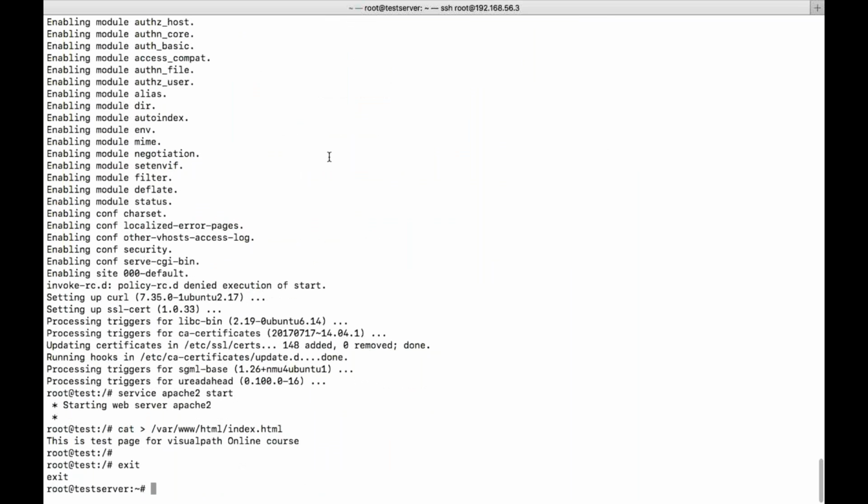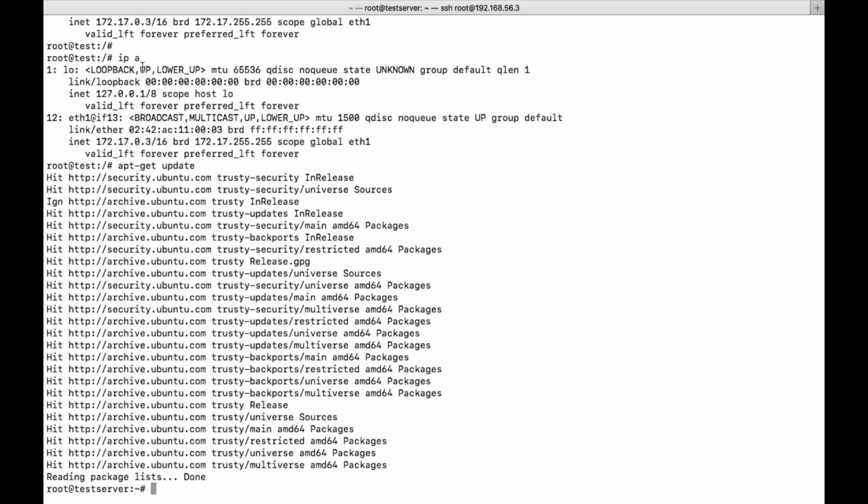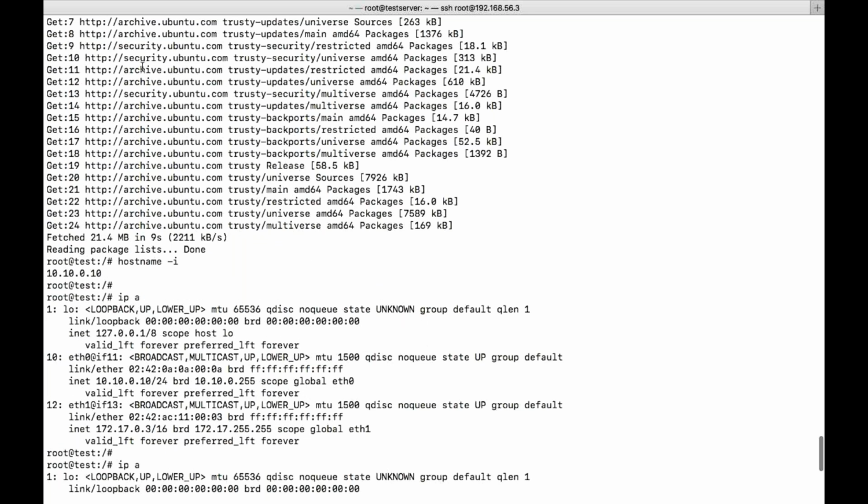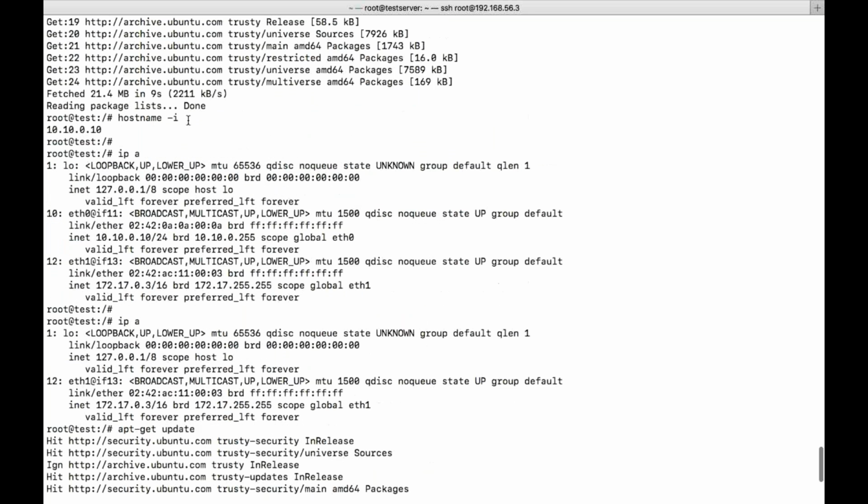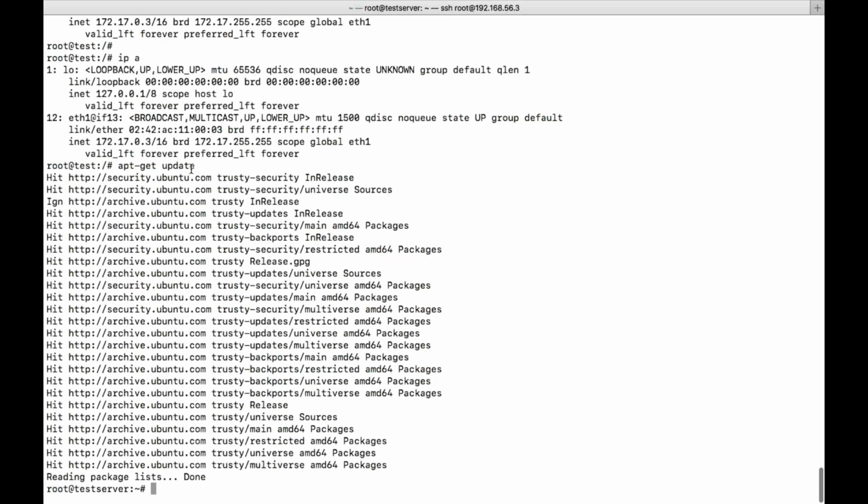Started Apache web server, and if you want to see another container, let's say this one, this is what I have done. I just logged into this container. You can see I executed the update command, the hostname -I IP command two times, and then I gave the update command. That's it. So this is what I have done for that particular container. Logs will give you the entire information of what you have done after logging into the container and exiting from the container. So that is what it will show you.